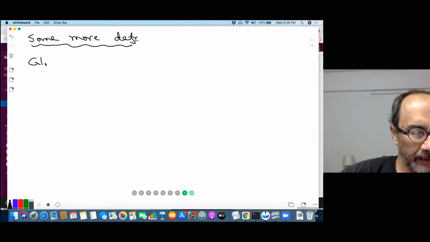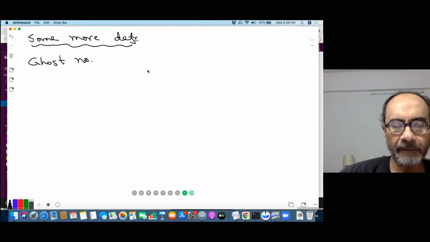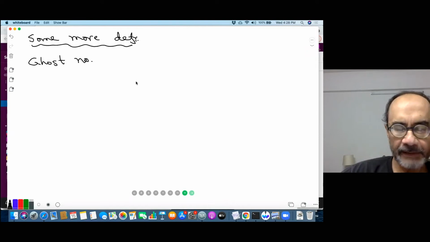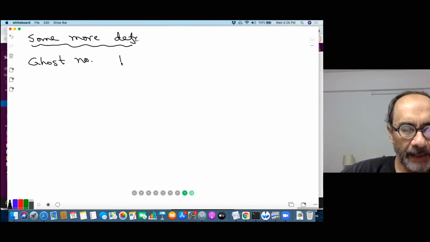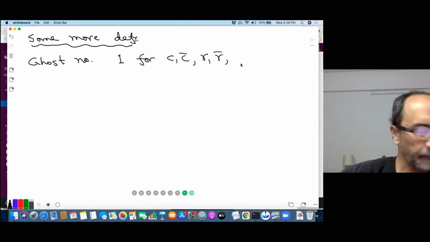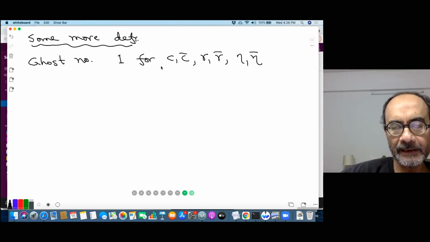So, ghost number. Let me remind you again that whatever I did for the holomorphic sector, one can repeat for the anti-holomorphic sector. That is exactly a similar structure. So the ghost number I'll define to be 1 for C bar, gamma bar, and eta bar. We can do a refined definition, which is holomorphic ghost number and anti-holomorphic ghost number, where